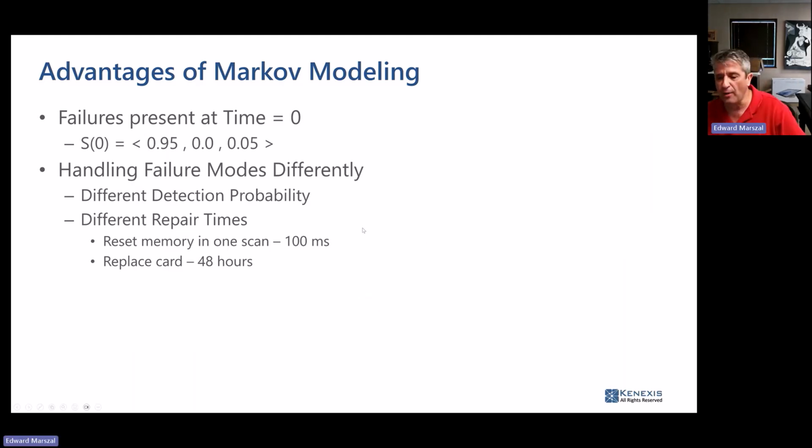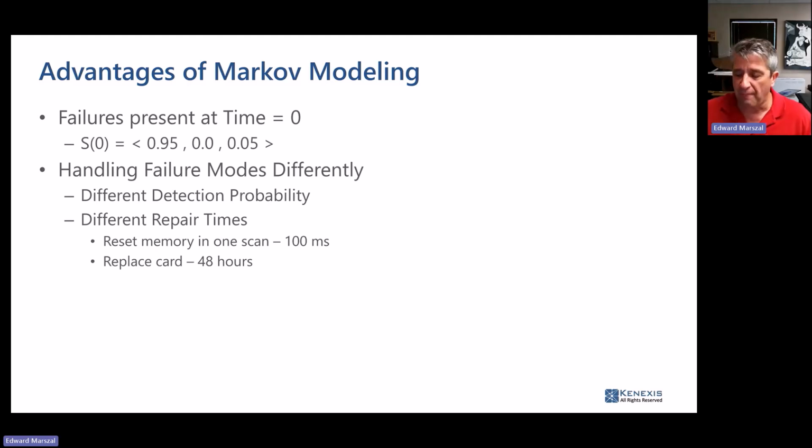Okay, so kind of going back to the advantages. Now, I don't want to say that Markov modeling is useless. It definitely is not. There are a lot of people who are using it for a lot of very important purposes. My goodness, artificial intelligence as we know it today would not exist without Markov models.